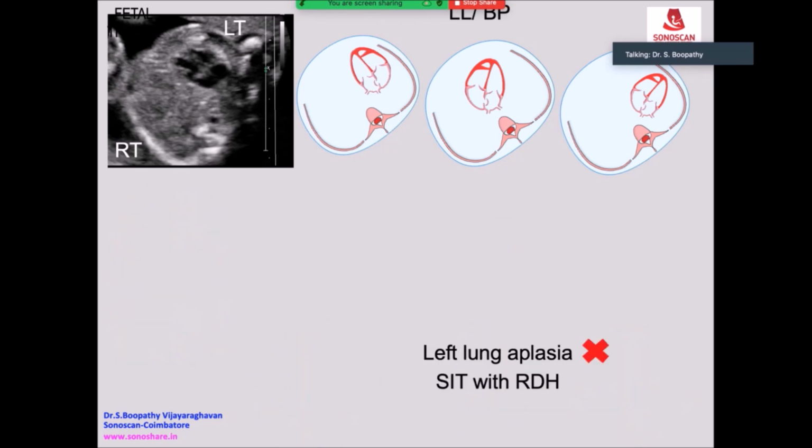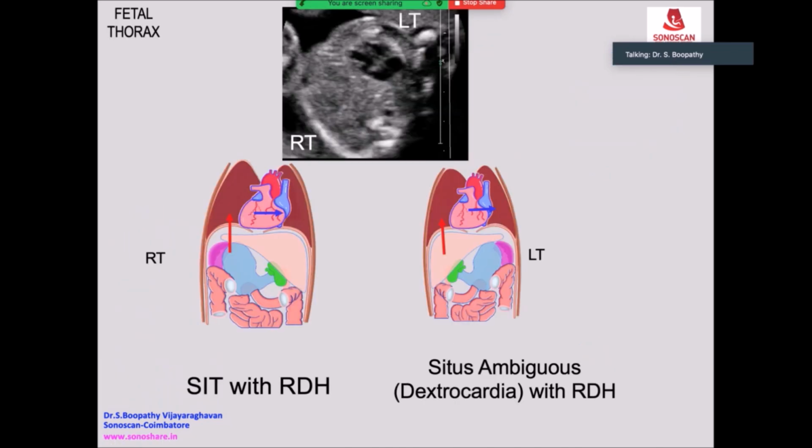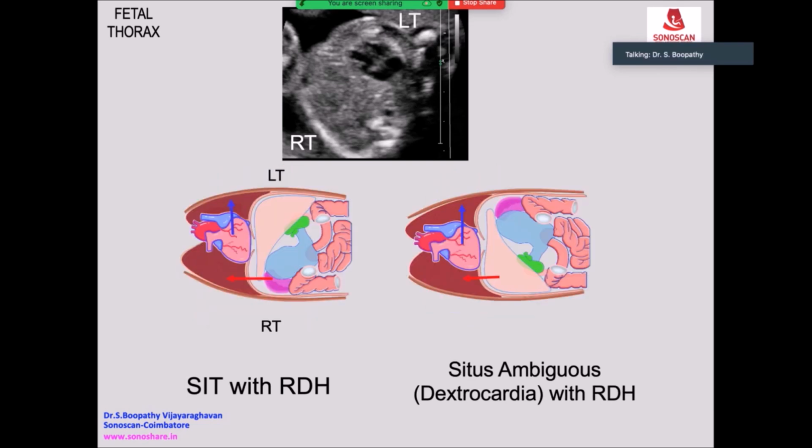What is the next situation? Imagine that there is isolated dextrocardia. So there is liver on the right side, but heart also on the right side. Hernia. So which is the situation here in this fetus? How to diagnose? Now here I have done a coronal scan to show you. So this is situs inversus totalis with right diaphragmatic hernia. This is dextrocardia with right